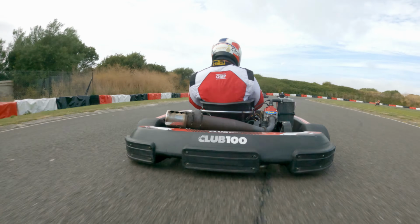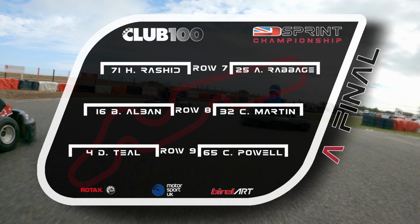And this was the one and only swap we'd be able to do, because coming out, not only is it part of the rules you can only do one swap, but coming out we are going to take the alternative line around the circuit as we go in reverse through the cut through and join up with the grid. So we can see that Fraser Brunton on pole with their bars alongside him. We're on row number 5 behind Reese Pope, so towards the front half of the grid, which is good for